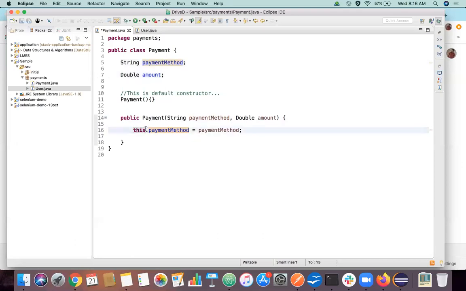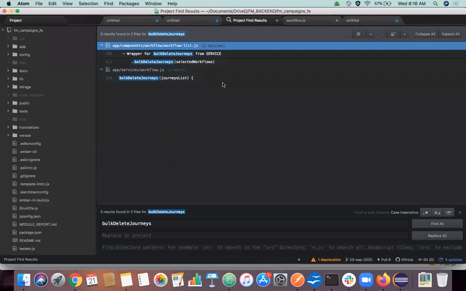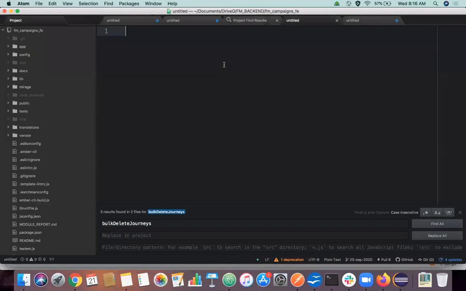So basically, this keyword represents the class itself, the entire class. You can consider this as this class. What I mean by that is, whenever in my program I use this keyword, it represents the class or object itself.